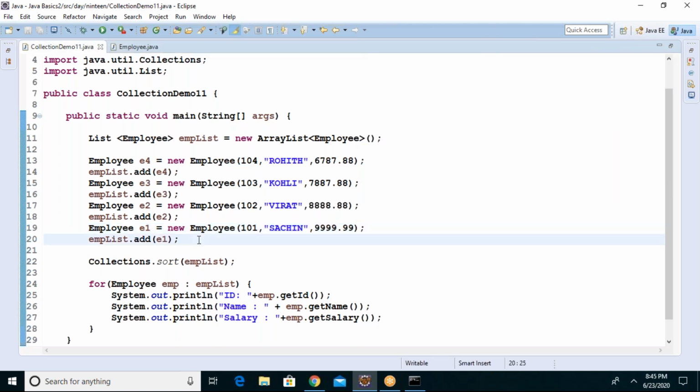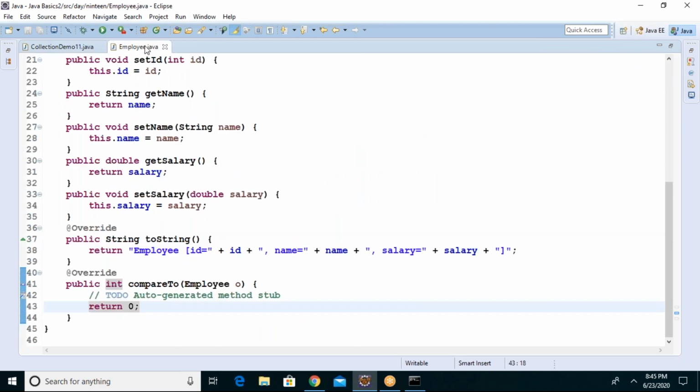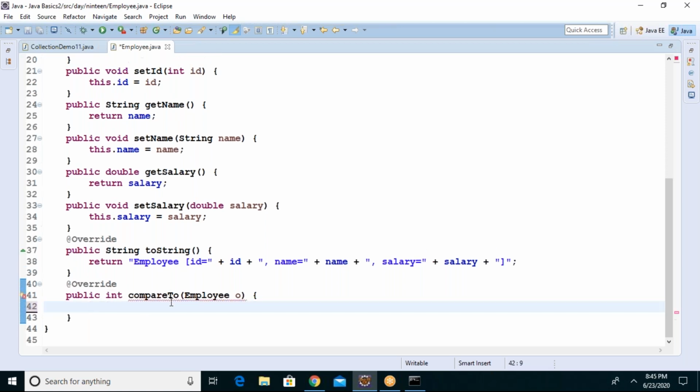Guys, why did it happen? Because it is ready to work with the sort method, but the sort method exactly doesn't know how to sort. So you provide proper logic here, how you want to sort. If you look at this Employee object, one object is coming. Let me rename it properly: Employee EMP.